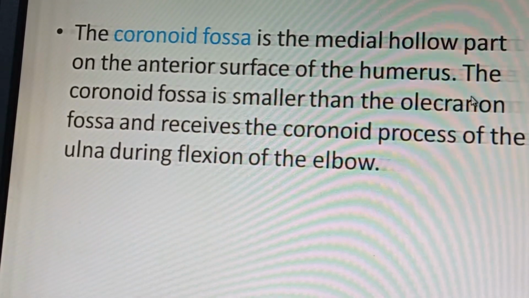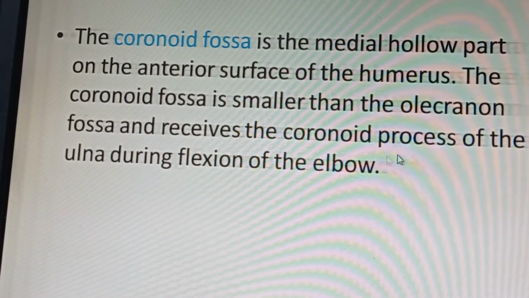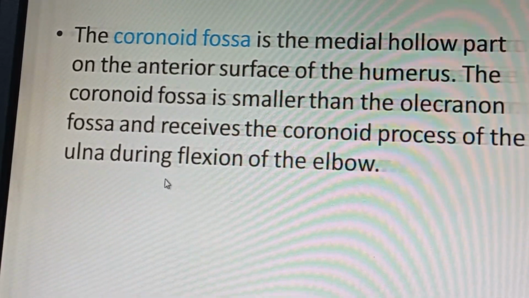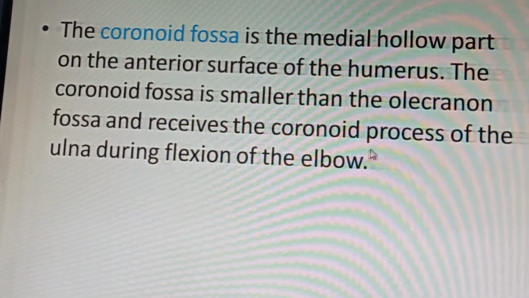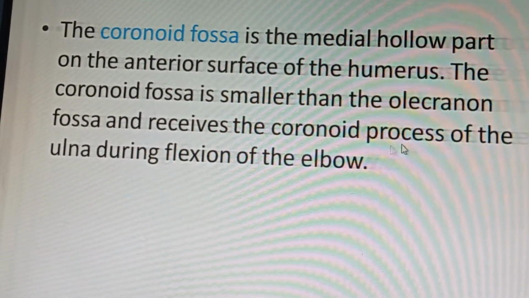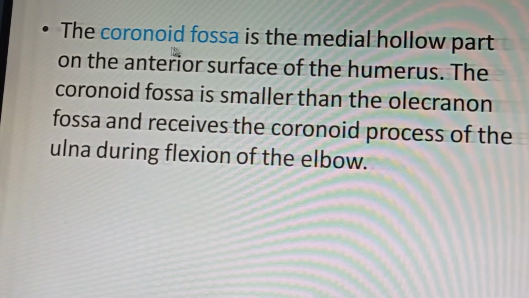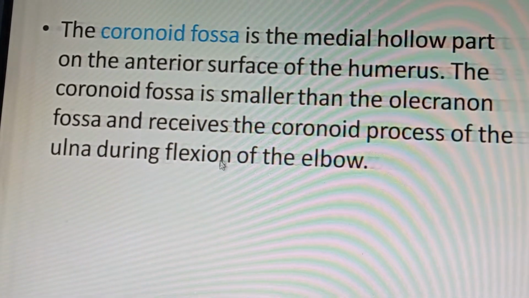The coronoid fossa receives the coronoid process of the ulna bone. When we study the ulna, we will see this coronoid process, which fits in this coronoid fossa